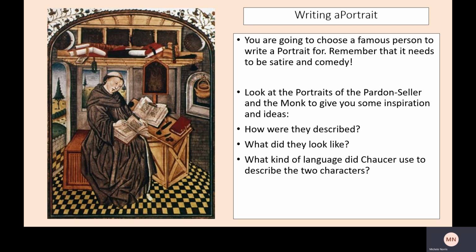And the monk himself, the monks were considered people that gave up their life for obedience and their love of God. They used to pray and help other people. That was what they did throughout their life. And yet the monk that we looked at loved anything other than that. He used to go out hunting. He used to wear more exotic and flamboyant clothes that were trimmed with, for example, that squirrel fur. He wore gold. So he didn't really adhere to the stereotype of the monk.